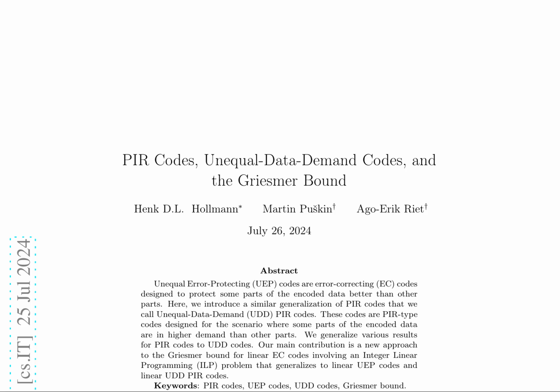This research paper introduces a novel concept of Unequal-Data-Demand (UDD) PIR codes, which are designed to protect some parts of encoded data better than others in a distributed data storage system. The authors also generalize various results for PIR codes to UDD codes, contributing to the field of information retrieval and